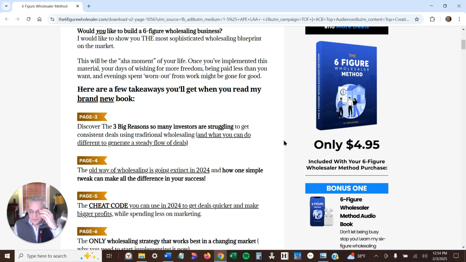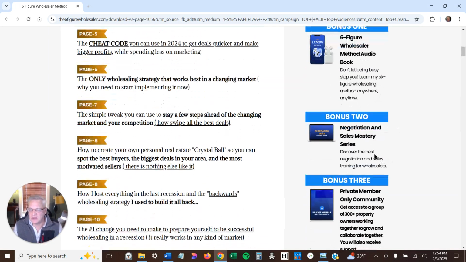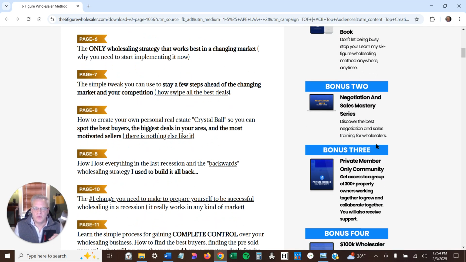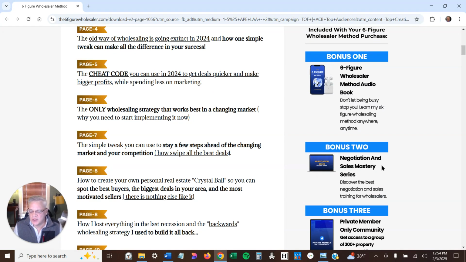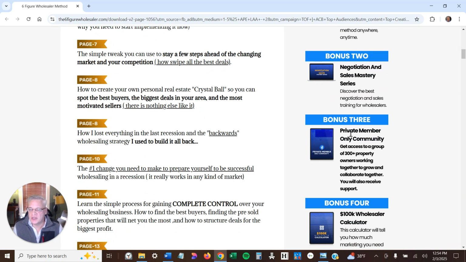Okay, so the audiobook, beautiful. It's an alternative. It's a great bonus, and it's got a lot of value to it. Okay, negotiation and sales mastery series. I don't know what that's going to be. I mean, it just shows like a little laptop. And again, this is like one of those things that you probably could have put in the book. I mean, is it just me reading stuff? Because there's just me reading stuff that seems like it could have been part of the book. Why isn't it? Okay, bonus number 3,